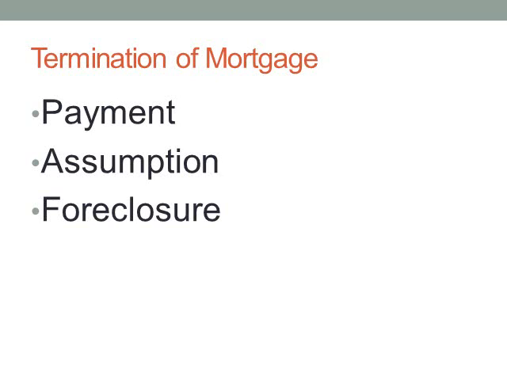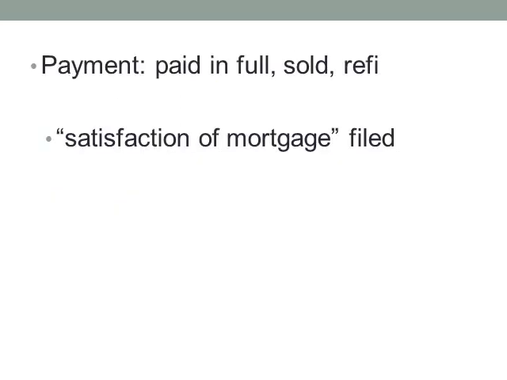Termination, how does a mortgage terminate? Three ways: payment, assumption, and foreclosure. Payment's nice and easy. That's when the note is paid in full. The mortgage is discharged. So three ways that happens: you sell the house and you pay it off, or you